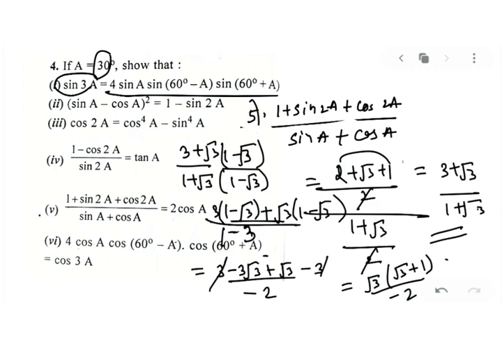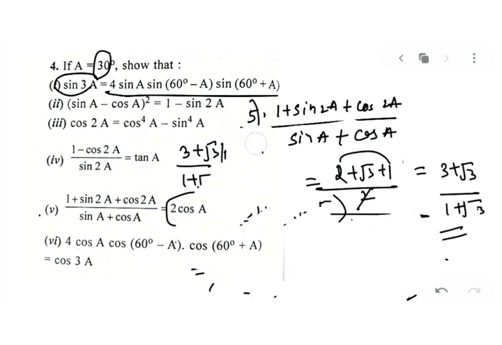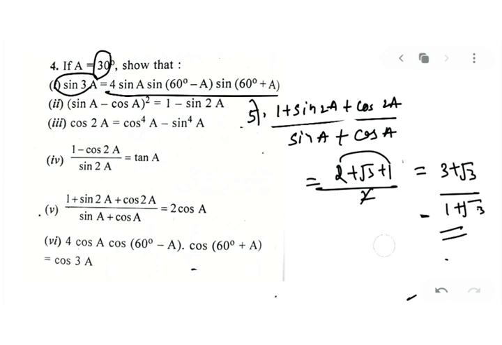I think I am making some mistake, because on my right hand side I have 2 cos A. The value of 2 cos A is just 2 into root 3 upon 2, meaning root 3 is going to come. So on my left hand side also I should get root 3. I have reached till here. Wait just 1 minute. Till here is clear. I think rationalizing is going to be a big problem.